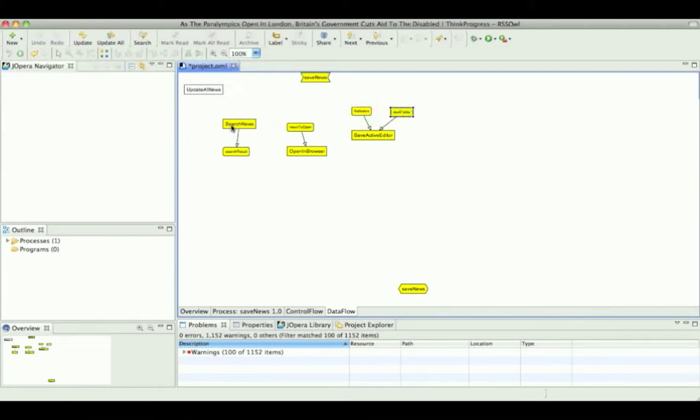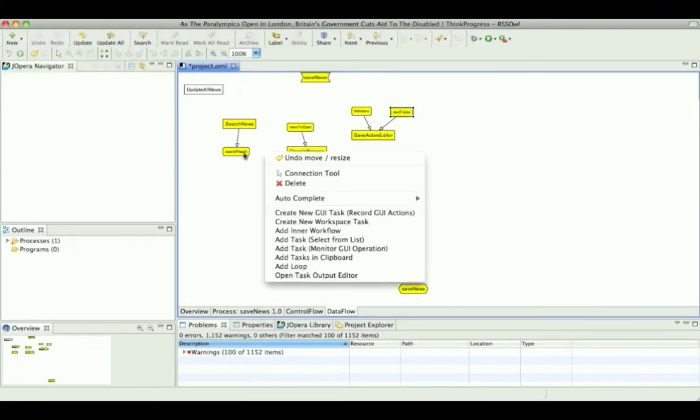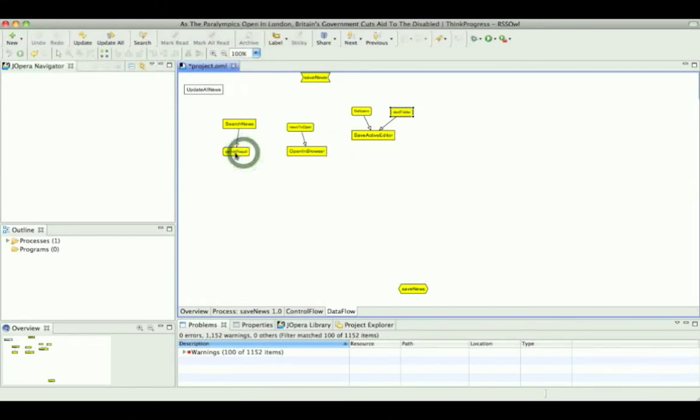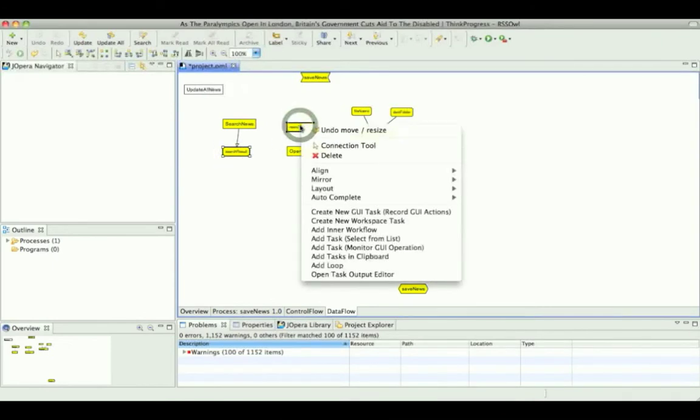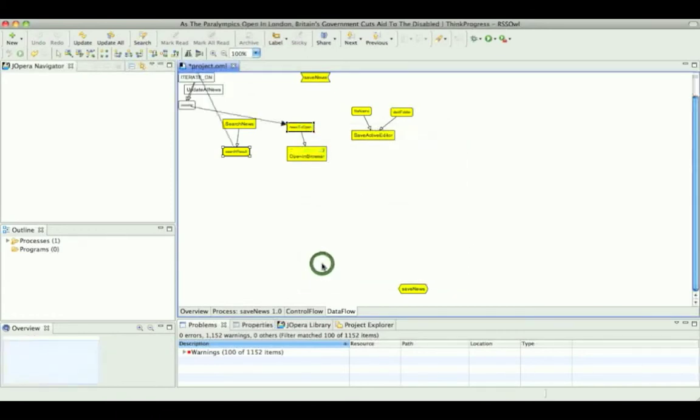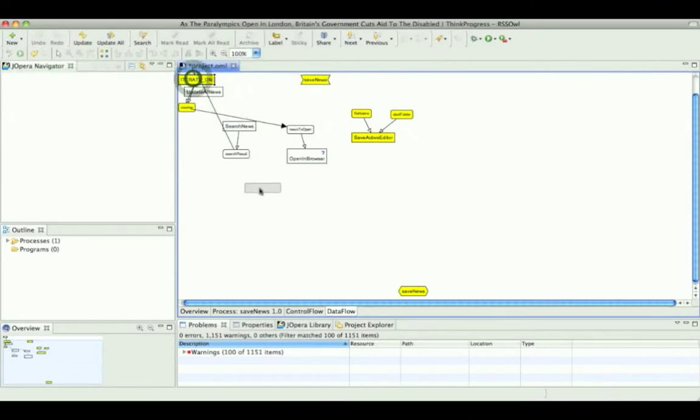The search news task returns a list of news, while opening browser just opens one news at a time. So what Tom will have to do is create a loop to perform all these operations. And this loop is simply created by our toolset.